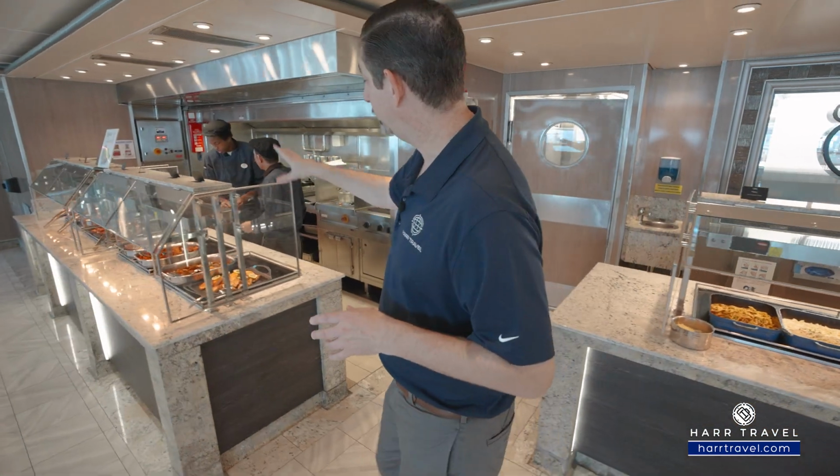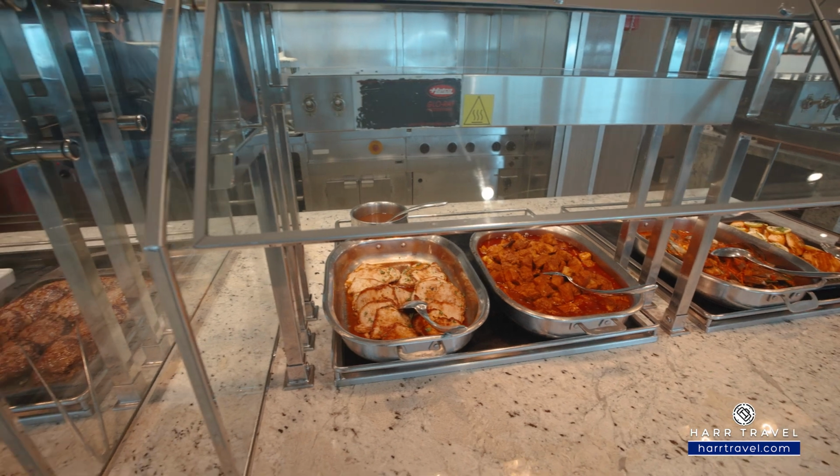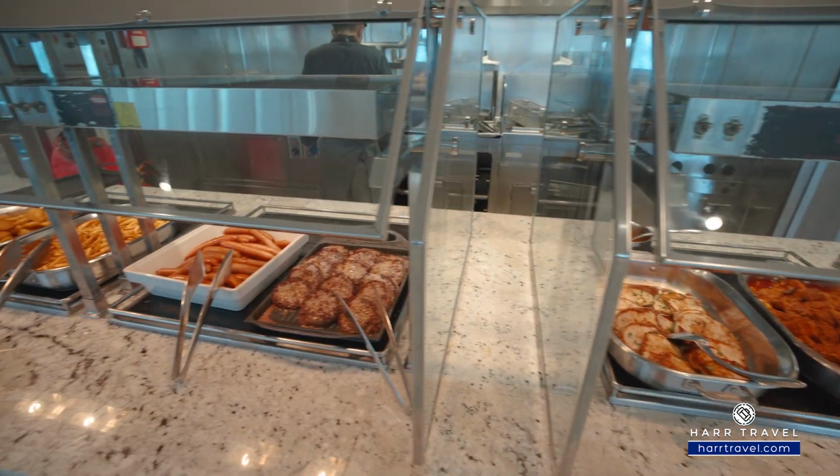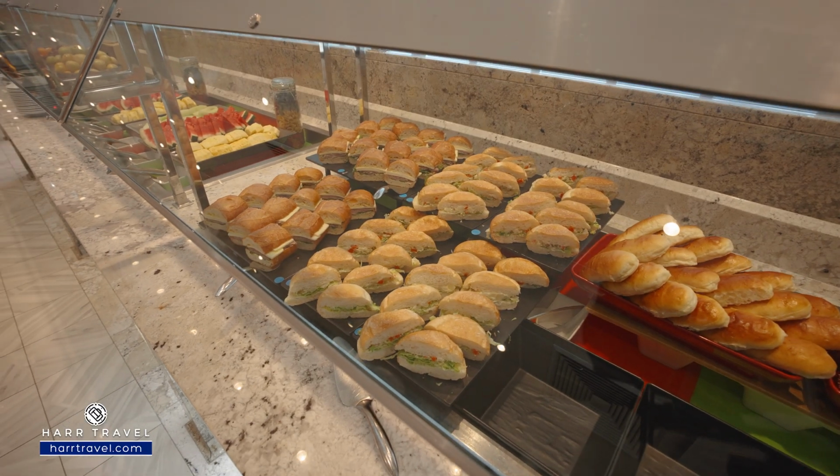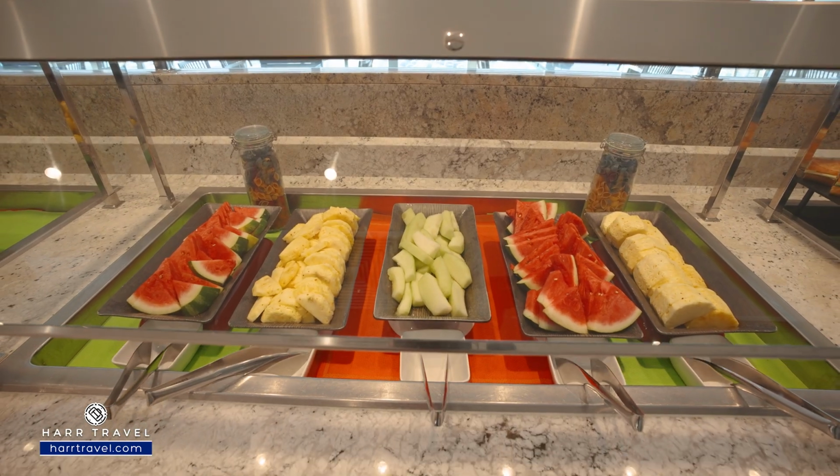Continuing along, you've got all your favorite grill items. So there's some fish here, looks like salmon. You're also gonna have some hot dogs, hamburgers, and of course the kiddos love those chicken tenders. You've got all the breads from the bakery. They make them all here on board. And then once again, a wide selection of fruits, but it'll be different for breakfast, lunch, and dinner each and